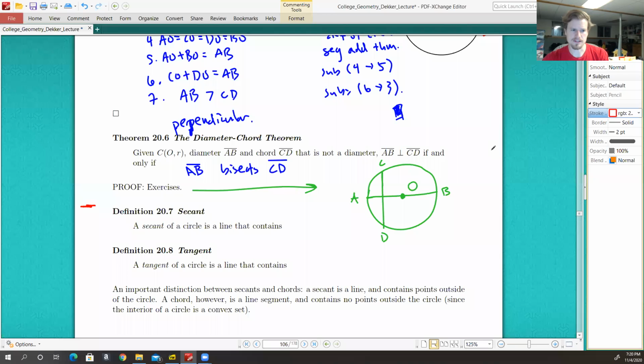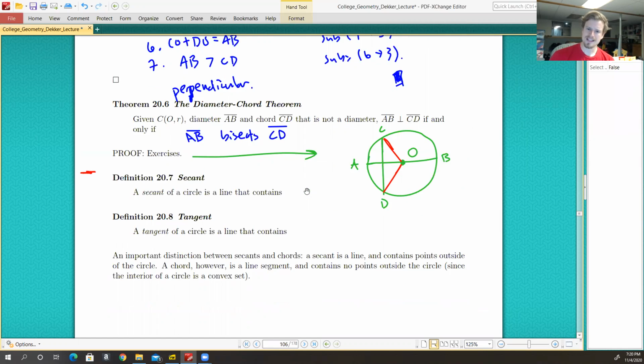To take it to the next level, consider this image in your proof. Just consider the distance from O to C and the distance from O to D and what you know about points on perpendicular bisectors. And that should help you out quite a bit as you work on that problem. All right, so let's move on to secant lines,